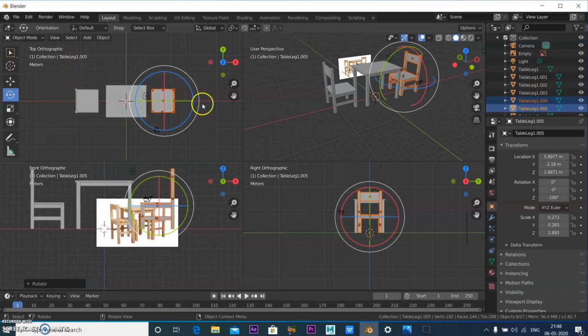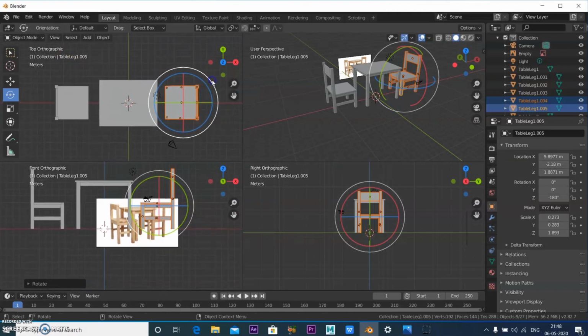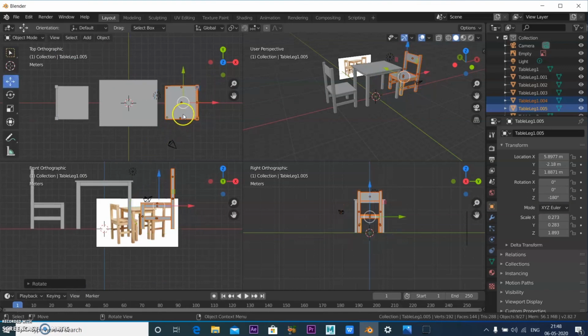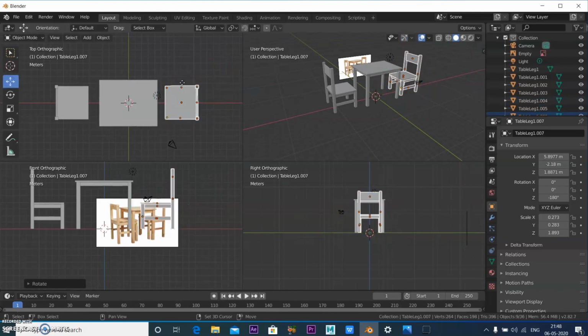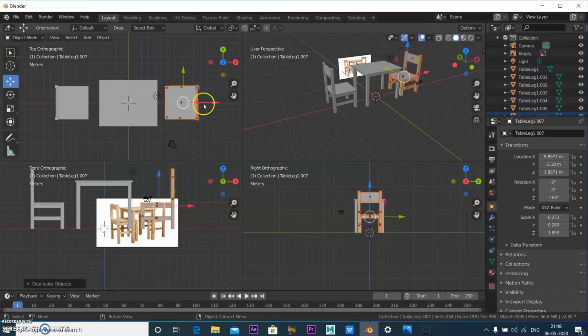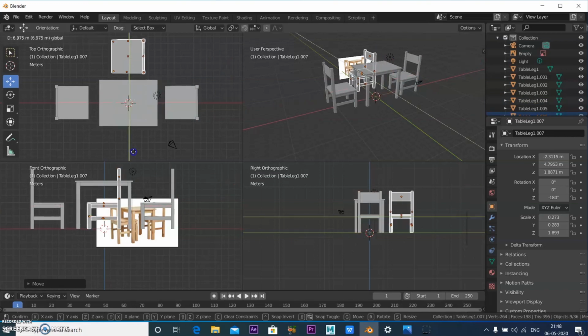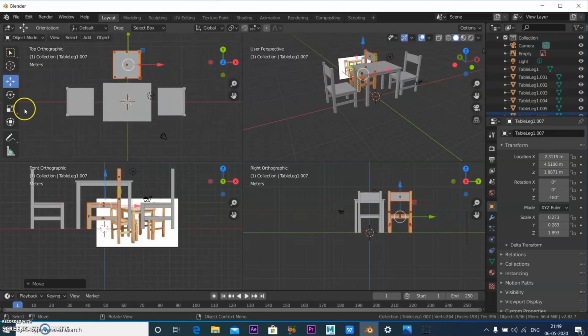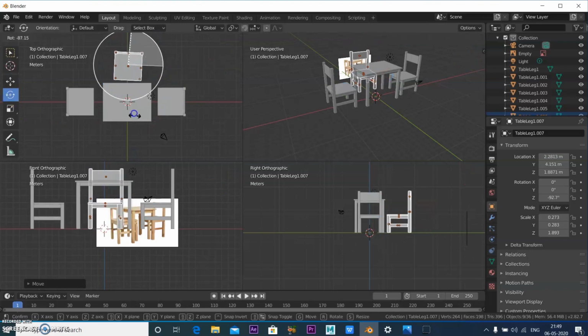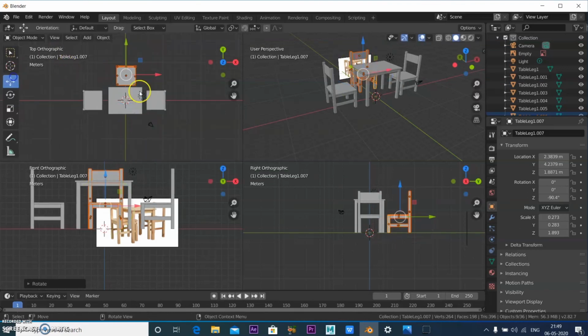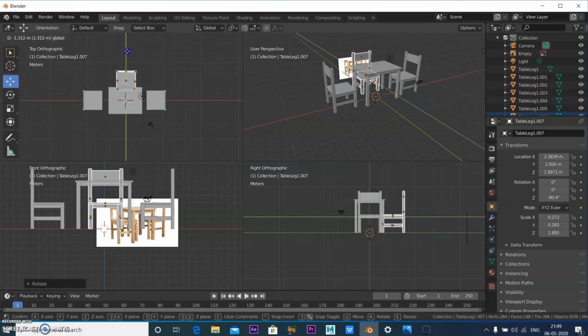If you want it on all four sides, you want to create that. Let's duplicate this. Always press Shift D, press Escape, then move it here, then move it to this side. From the top view, it will be easier for us to rotate. Always work in this orthographic view when you're working inside this. The perspective view is just for checking the scene. I just want this to be half inside like this.